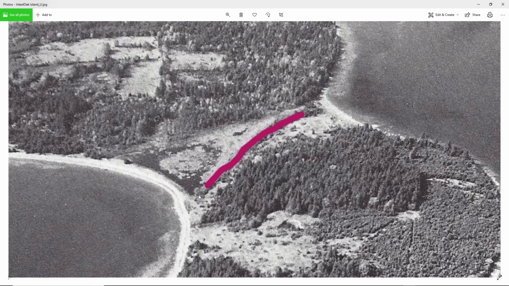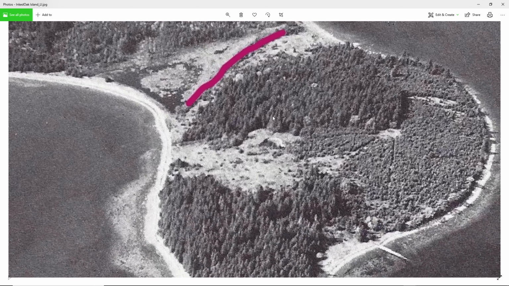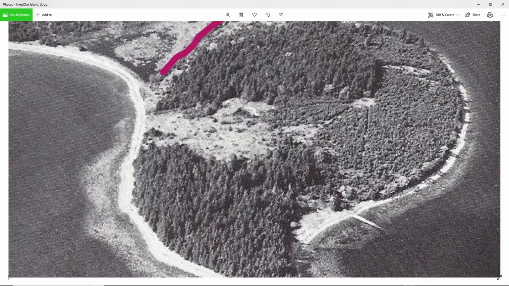It doesn't go all the way out here. Look at the shape of the swamp here, and there's the eye. It's not always all filled with water every year. I don't know what year this is. I would say somewhere between